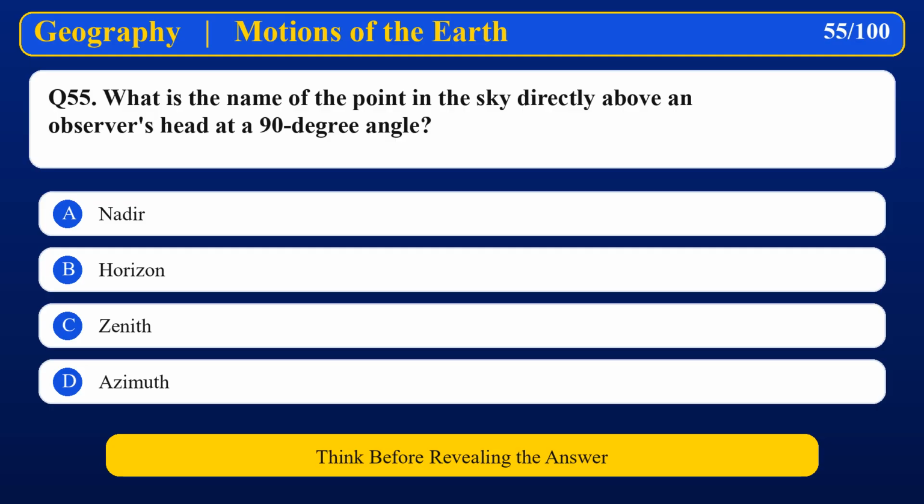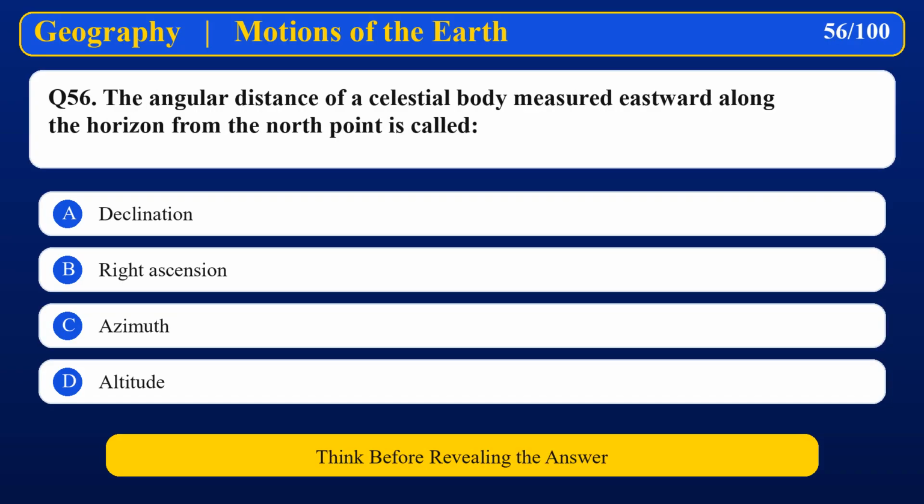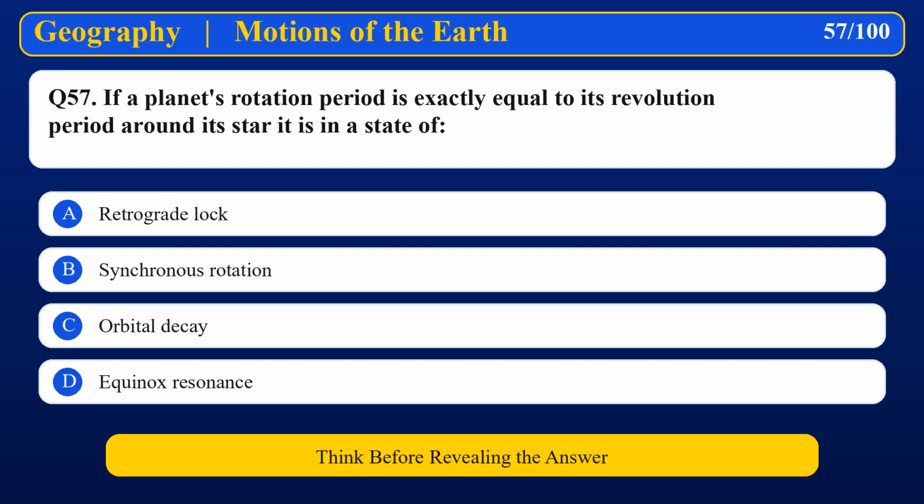What is the name of the point in the sky directly above an observer's head at a 90-degree angle? Zenith. The angular distance of a celestial body measured eastward along the horizon from the north point is called azimuth. If a planet's rotation period is exactly equal to its revolution period around its star, it is in a state of